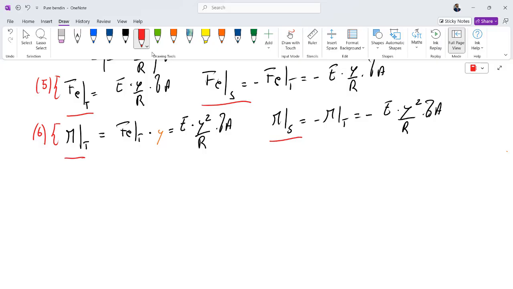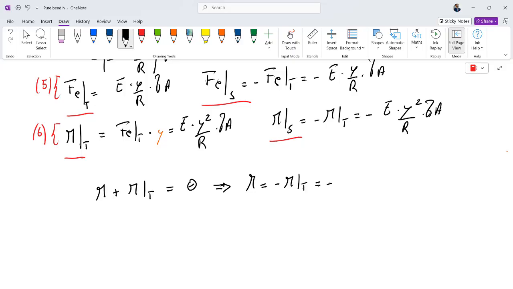So for the rotational equilibrium, we can see that the total bending moment applied, M, plus the moment applied on T side must be equal to 0. We can obtain that M is equal to minus M on T side, that is equal to minus the